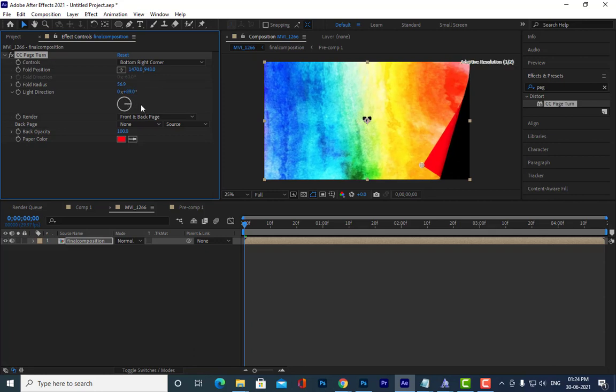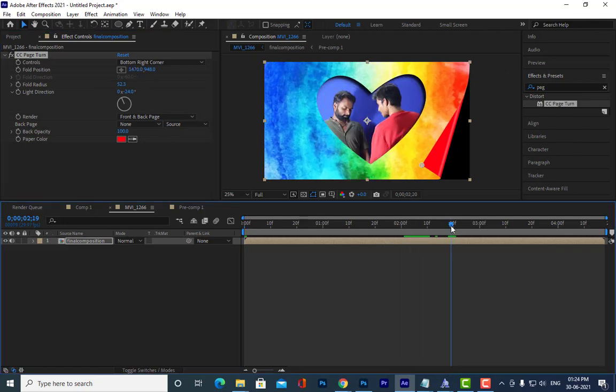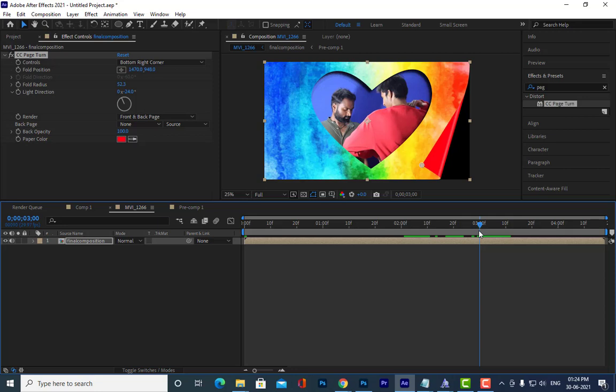Is it clear, all of you? You can change the light direction here. You can also increase the fold radius here. If you want to animate this, let us animate it from the 3rd second. Is it clear?